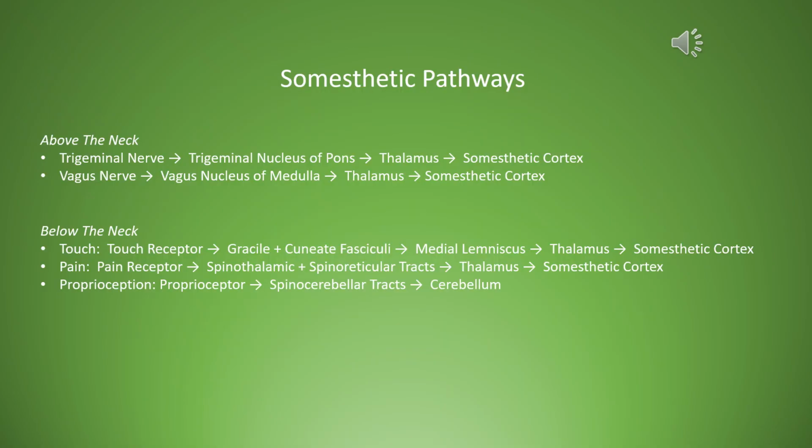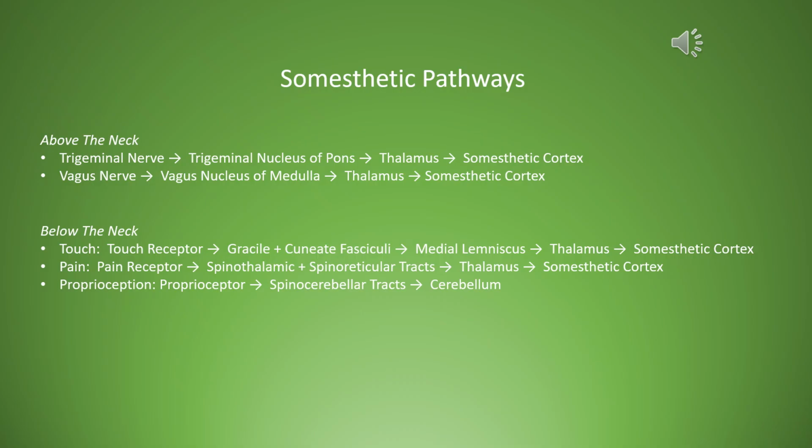Okay, if we're talking about signals of touch, signals of pain, signals of hot and cold, and we're above the neck, well, that is the domain of the cranial nerves. So our primary pathway for those signals above the neck would be the branches of the trigeminal nerve. We have the alveolar nerves that innervate the teeth, and we have the ophthalmic nerves around the eyes. So the trigeminal nerves, left and right, have these free nerve endings that extend out to all of the tissues of the head and face.